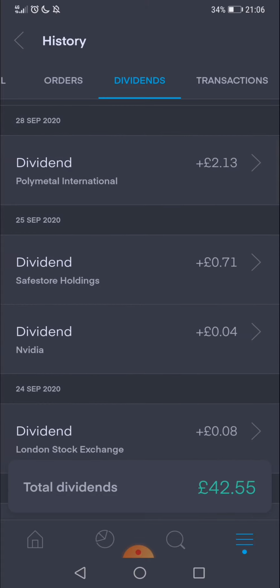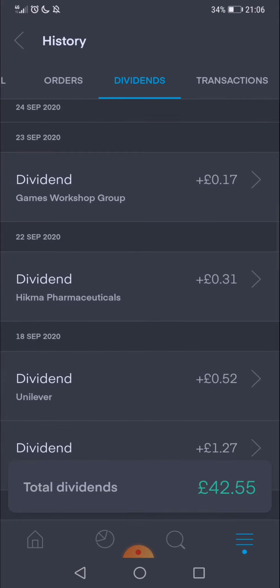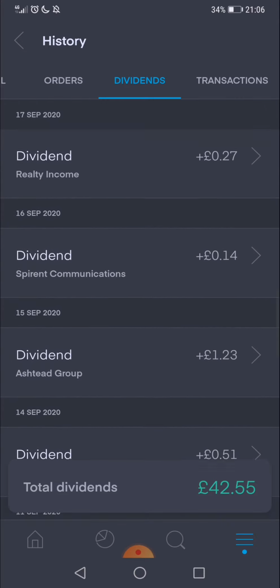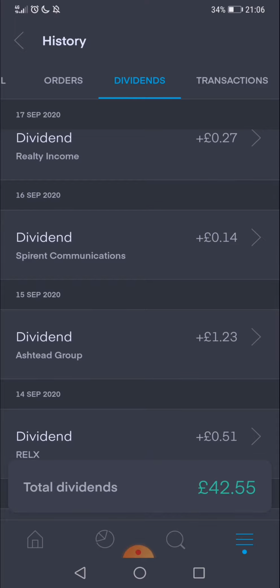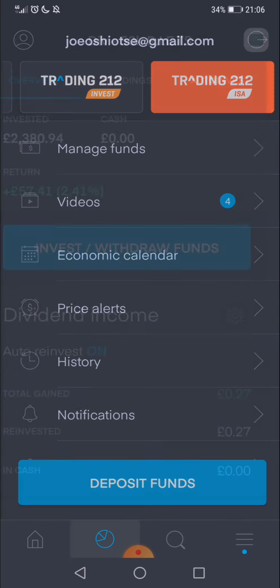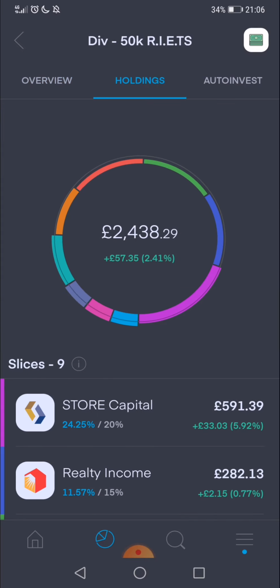I can't remember what that was from. I've had quite a few dividend payments, and obviously I have quite a few dividend stocks now, so I'm not going to go through that. I've got 27 pence in this. And if you want to have a look at the holdings,